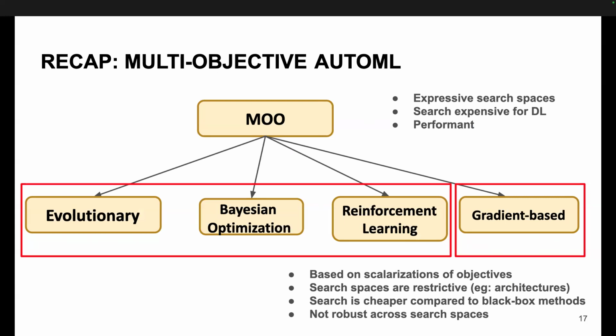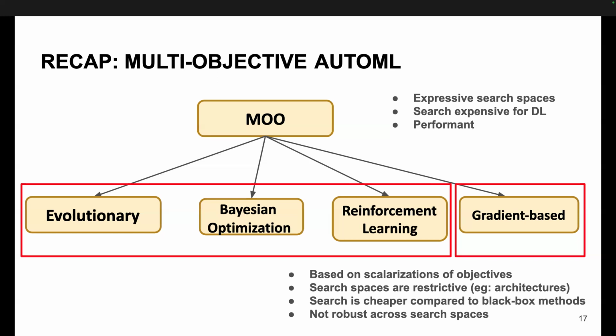To give you an overview of the techniques that are prevalent for multi-objective AutoML, the first set of techniques are mostly black box techniques, like evolutionary search-based optimization or reinforcement learning. These can support really expressive search spaces. For example, you could have architectures in your search spaces, continuous hyperparameters, discrete hyperparameter choices, and so on. And the search is often very expensive because they often require multiple evaluations of your network. If you consider applications like face recognition, where the data sets are quite large scale, this can become really expensive.